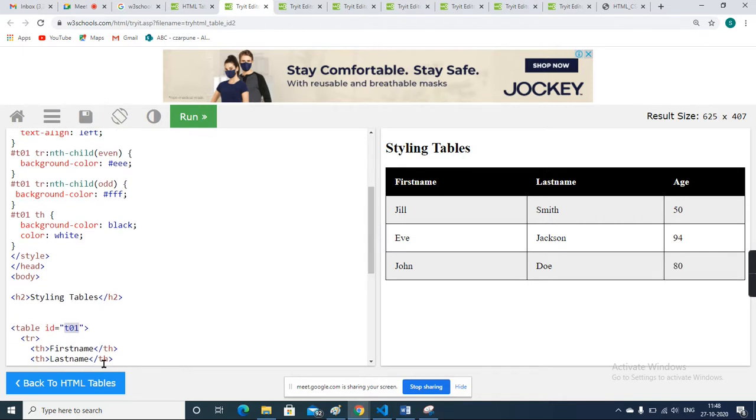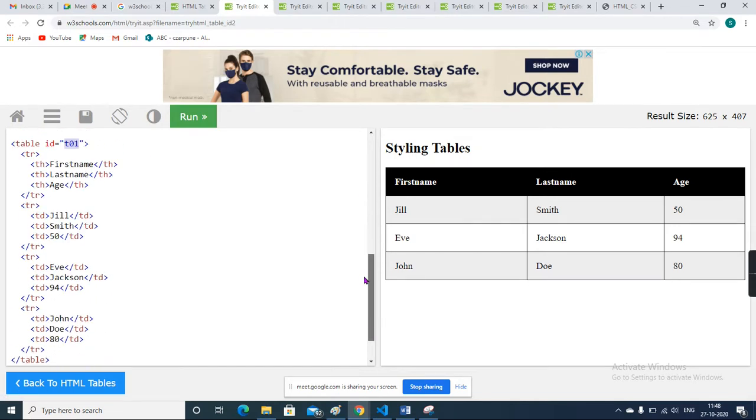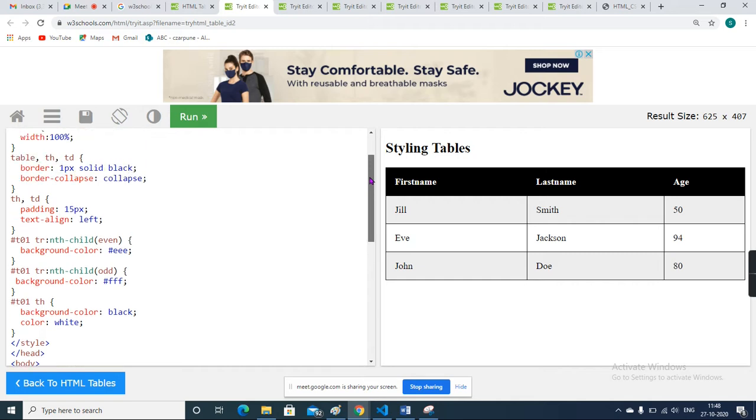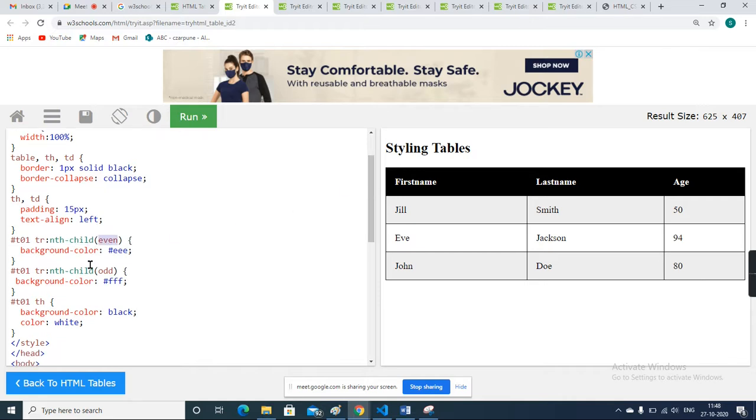Table id is t01. As I have told you, they did not add any id or class name. What they did is t01 table row nth-child even. That means all the table rows, and nth-child even means those at even sequence have this background color, and those at odd sequence do not.